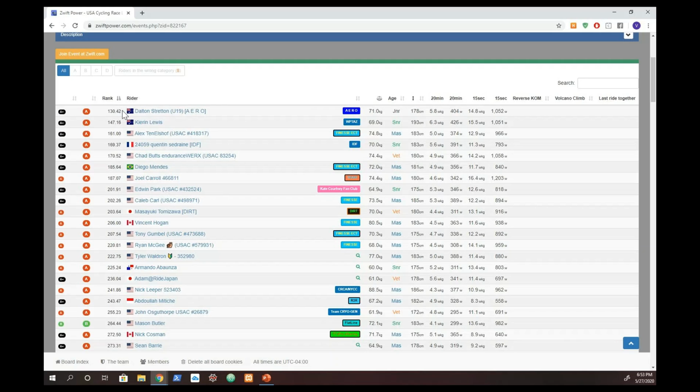So in this case, this is a really, really strong field, as you could probably tell, with 130.42 as the top guy. And I would probably filter in right around here. Unfortunately, there's no number, but that's maybe in the top 20, top 15 or something. So, right off the bat, I kind of have a good gauge of where I stand, based on past race